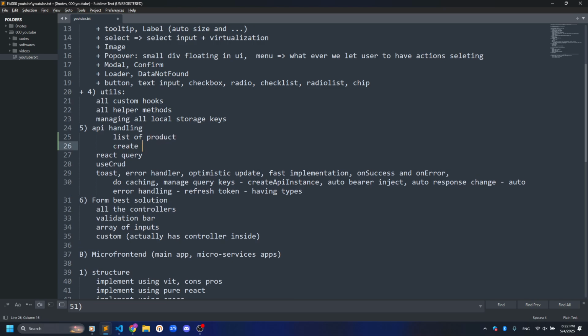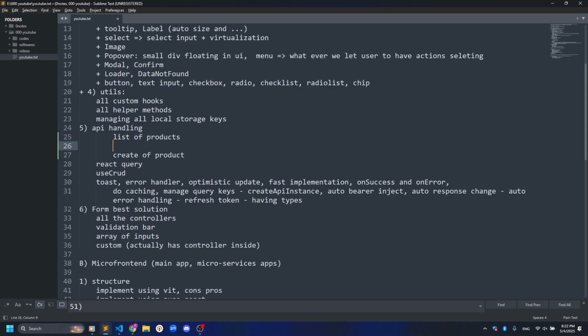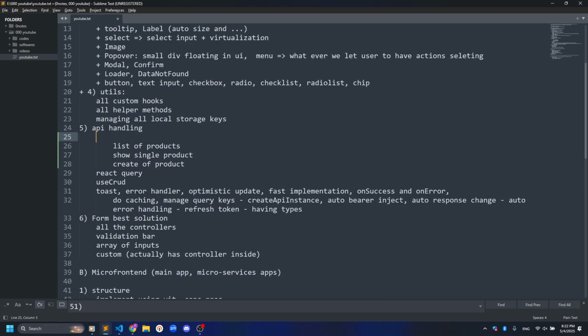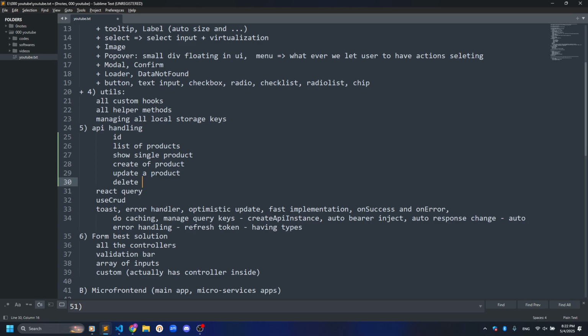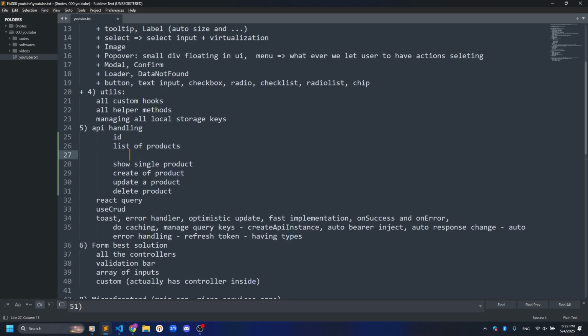Also, we have an API for creating a product, and we also need to show a single product. For example, we have some ID to show it here. Also, we need to update a product, and we need to delete a product. So what is it expecting when we are mounting a component? We need to just get the list of products, and we need it to